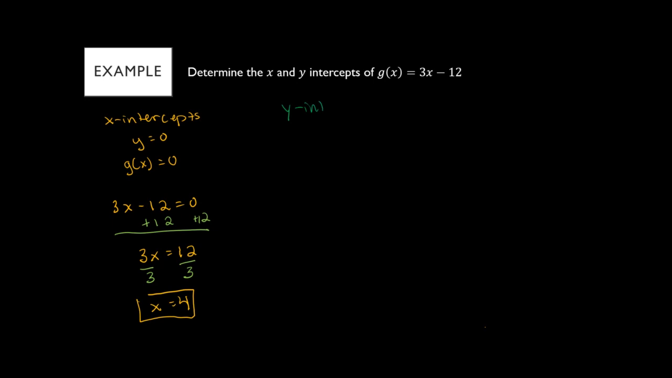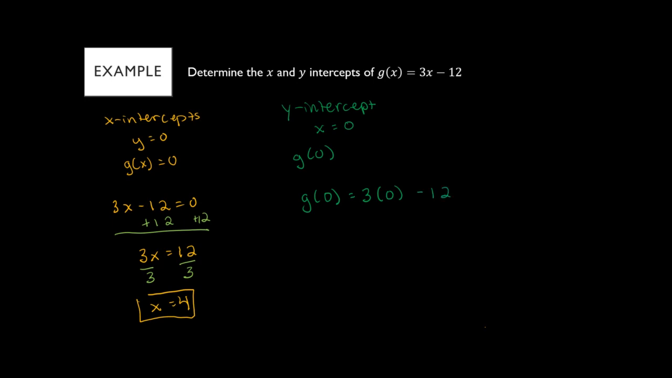Now the y-intercepts, or intercept, that is where your x is equal to 0. So we're going to replace x with 0. So we have g of x, and when we replace that with 0, we're finding g of 0. So g of 0 equals, and then I replace x again with 0, so it's going to be 3 times 0